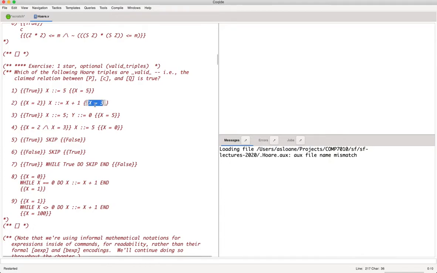Now remember, these assertions are covering every state where this property holds. So there's an infinite number of states essentially here, but all we know about them is that in those states, x is 2. And you can chain the commands together, obviously. So if you have a sequence like this, you can say, well,